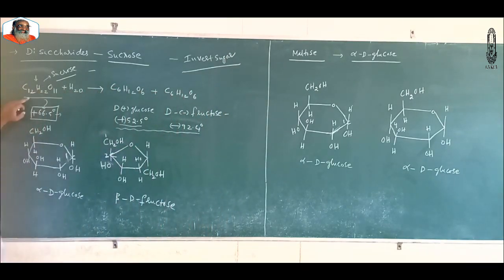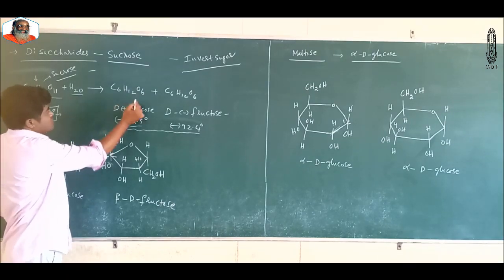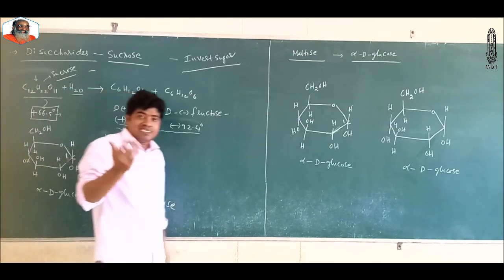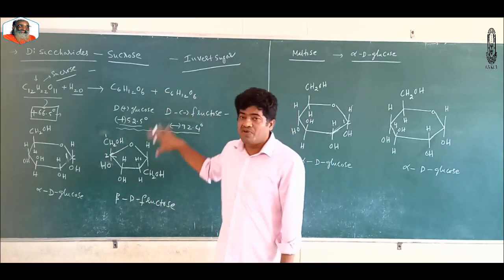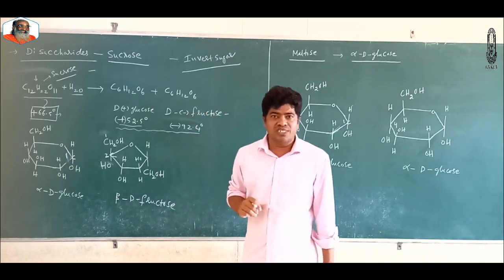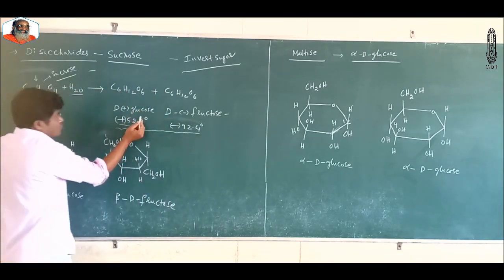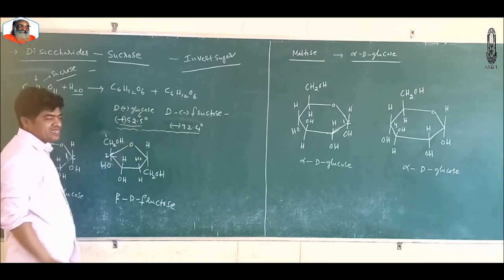You are understanding here that the dextrorotatory nature of sucrose is given by plus 66.5 degree. That means it rotates the plane polarized light by this much degree. This on hydrolysis gives D plus glucose and D minus fructose. Already I said, you cannot say whether a compound is dextrorotatory or levorotatory just by looking at the formula. It is a measured physical constant. This D plus glucose rotates the plane polarized light towards the right side by 52.5 degree.